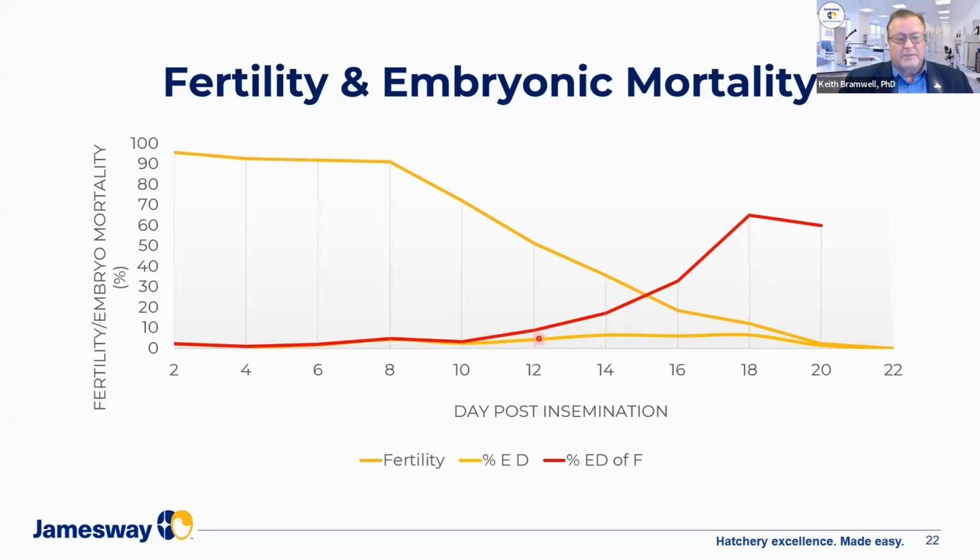But what we also see here is the percentage of fertile eggs that died, early embryo mortality. So really 12 days out, almost 10% of those fertile eggs are not going to make it. They're going to die in the first 2 to 3 days of development, because they've had to utilize sperm that's a little bit old, what we call stale sperm. So they have the ability to fertilize an egg, but not necessarily produce the best quality